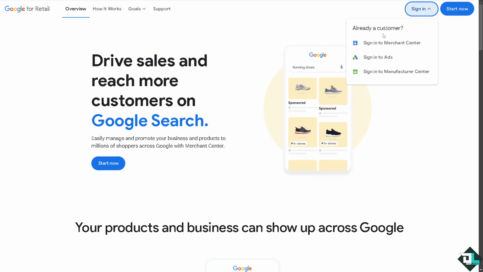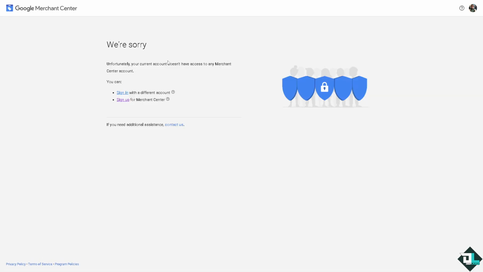You see, if you logged in using your account, or if you haven't already, if you go to the sign into Merchant Center, if you are approved for an account here, you should be able to switch and access the new platform, which is going to be Google Merchant Center Next. All right, and unfortunately, you don't have an account yet. So for you to be able to access and switch to the new platform, I need you to sign up